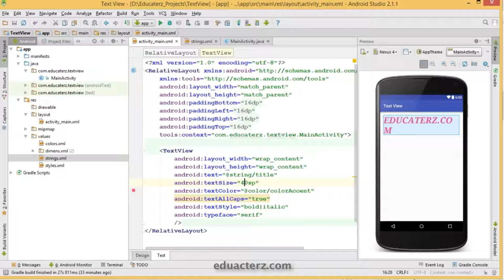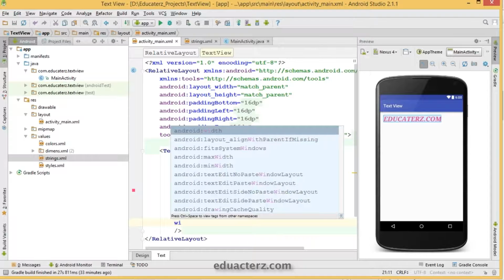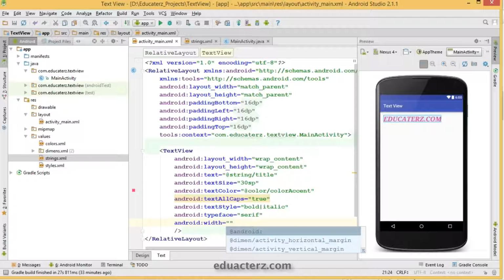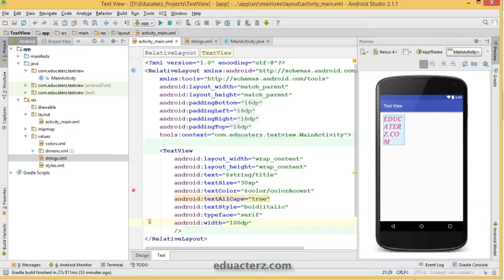So change the text size to 30 now. Save this, and now you can give the max width or maybe the width. If you observe here the Android width, you can set a fixed number of density pixels. Let us suppose this is a high definition emulator. So I'm going to give it 100 dp. Let us see what is going to happen.